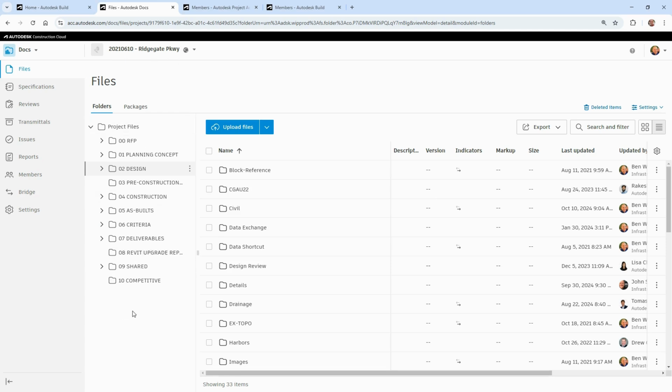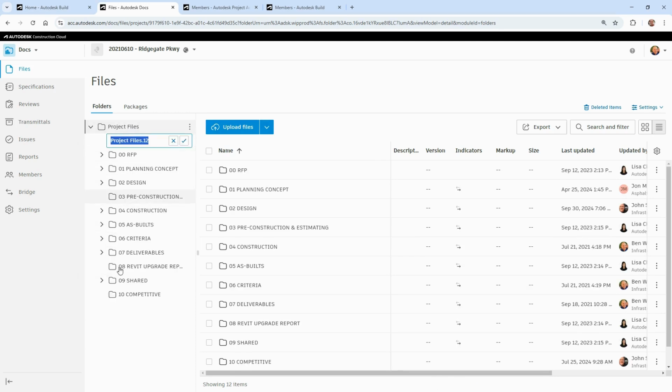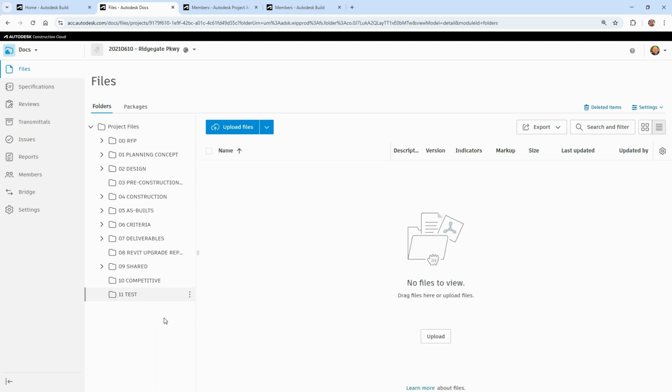And with all of these folders, I've got full access to customize these however I need to. So if we've got a client that has a specific folder set up that they need to have followed, if we're working with a DOT or a municipality or somebody else, we can set that up exactly according to the structure that they need. And it's simple to add something to that. If I need to add a subfolder, in this case, I've got all the way down to 10. I could call this 11 and I could call this test. Once I've selected that, then that folder is going to appear. Now there's nothing in that because I've just created it,